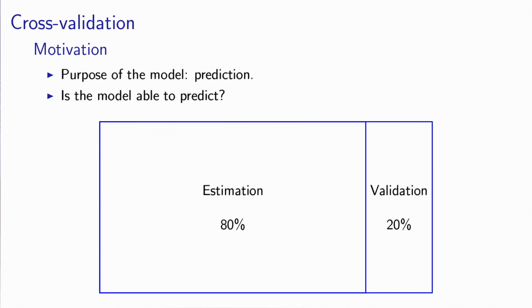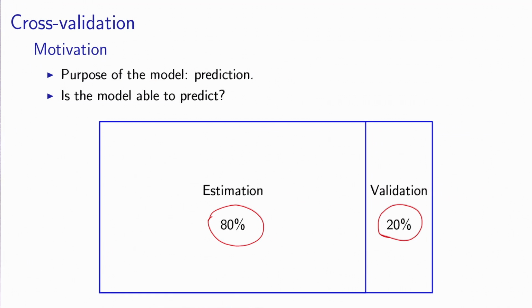The way we do cross-validation is that we split this sample into two parts. Let's say, for example, one part containing 80% of the data that will be used for estimation of the parameters of the model. And the remaining 20%, we keep on the side and they will be used for validation. I mean, 80%, 20% is purely arbitrary. You decide if it is 50-50, 80-20, or 70-30.